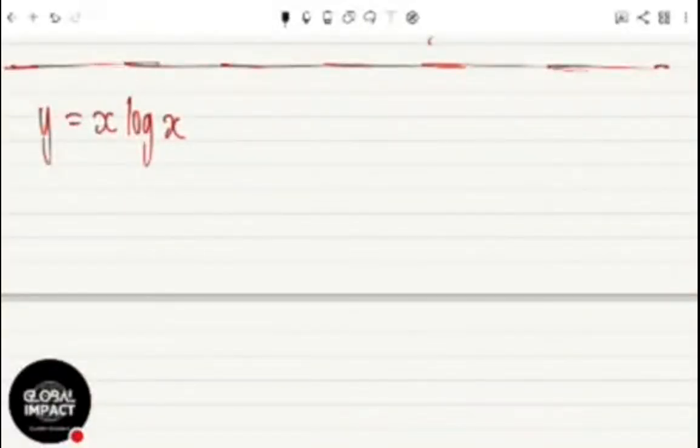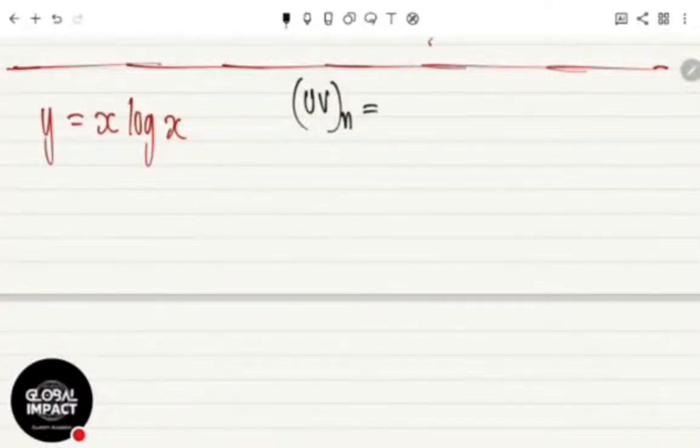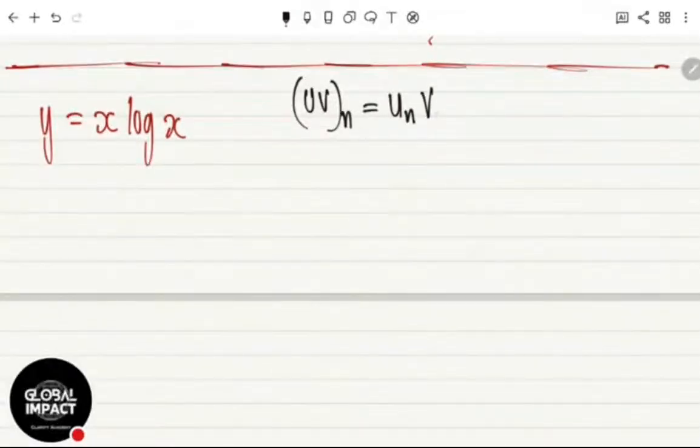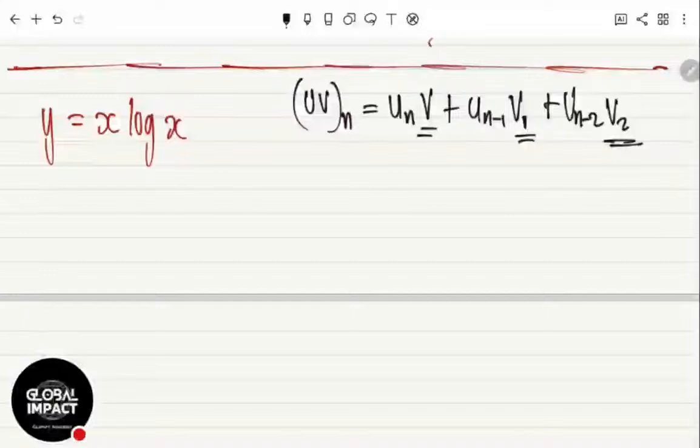When you have two things multiplying, then one is u, one is v. One we are going to differentiate to find the nth derivative. Remember, your Leibniz just says that if you want the nth derivative of two things multiplying, then you say the nth derivative of the first times the 0th derivative of the second, which is the original function. Then plus the n minus 1 derivative multiplying v1, which is the first derivative, plus u n minus 2 multiplying v2. And you keep going until the v is finished, or until you get back where you started.